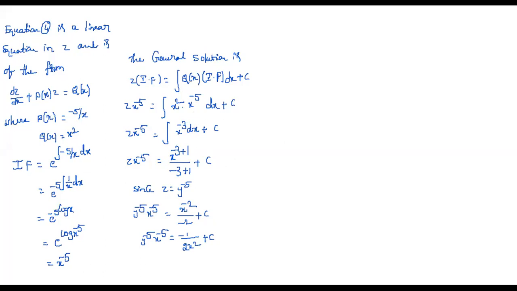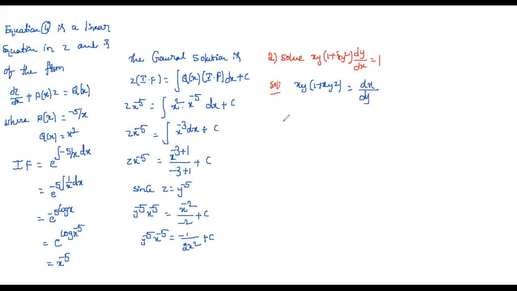Okay, so next problem, the second problem. Solve: xy into 1 plus xy square, dy by dx, is equal to 1. So this is not directly in the form of this one. So we need to convert it into Bernoulli's form and then simplify. For that, xy into 1 plus xy square, I am taking this dy by dx to this side, then it changes to dx by dy.